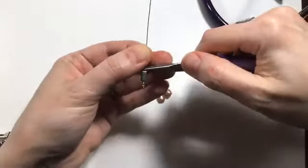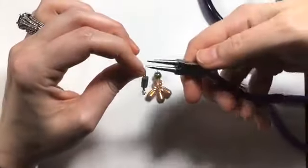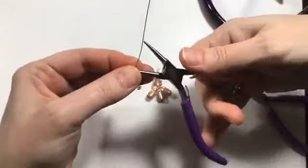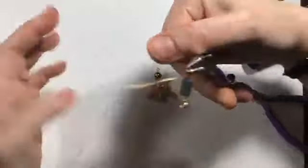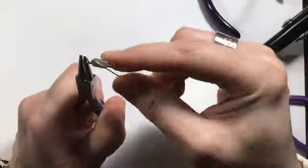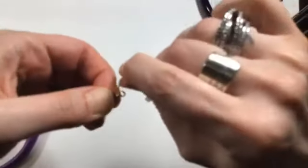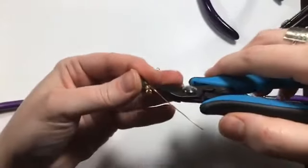So we're just going to do a wrapped loop, following the same steps: up and over, roll the pliers out of the way, take that wire over. Now I want to do it again, so I'm opening the pliers again, wrapping around one more time. Okay, and I'm going to wire wrap, and since I have extra, I'm going to go across the surface of the bead too, just because we're feeling fancy. You can always skip those steps. You don't have to do that part. Sometimes I'm just really feeling the wire, you know? All right, so now I'm going to trim that off,